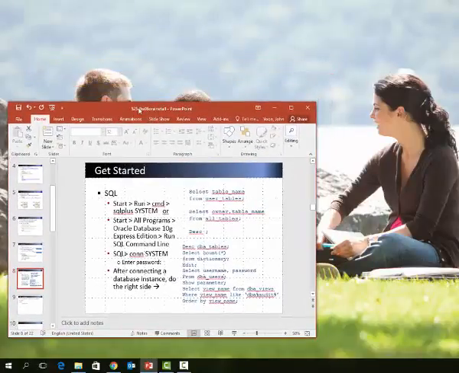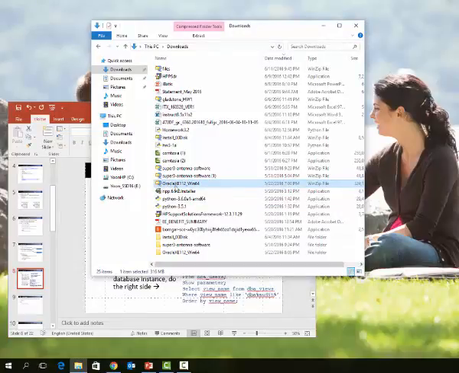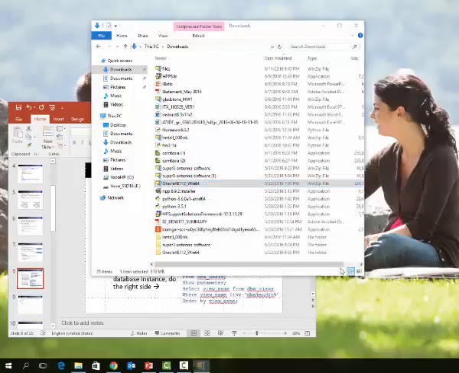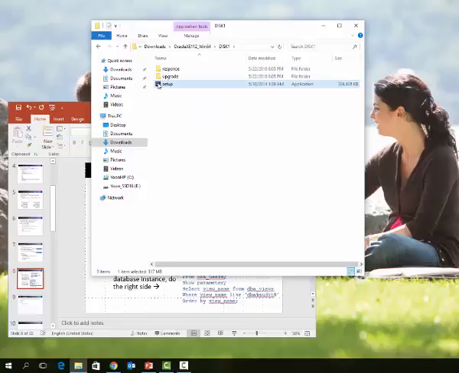All right, let's try to install. I have Oracle XE 11g R2 for Windows 64-bit. What I'm going to do is unzip it, and I already have that here somewhere. Yeah, here, already unzipped. If you click that, there is a disk 1, and then there's a setup. So if you click the setup,